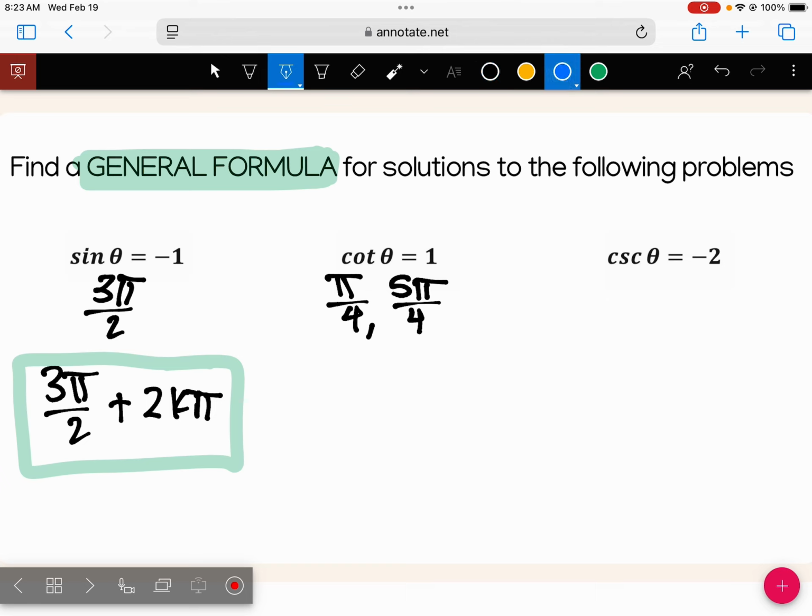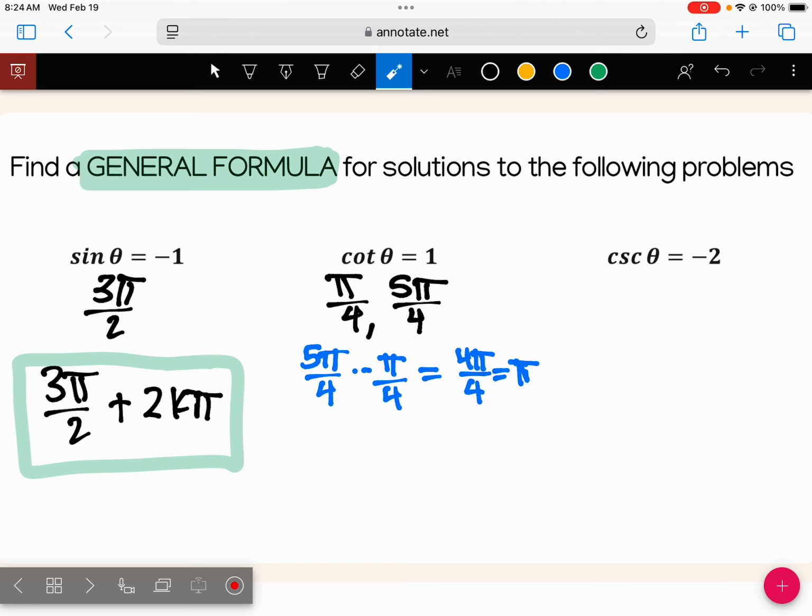You'll take the bigger angle, 5 pi fourths, subtract off the smaller one, you get 4 pi fourths, which whenever you reduce it is pi. If the distance between these 2 angles is pi, then you have the ability to use this first pi fourths angle